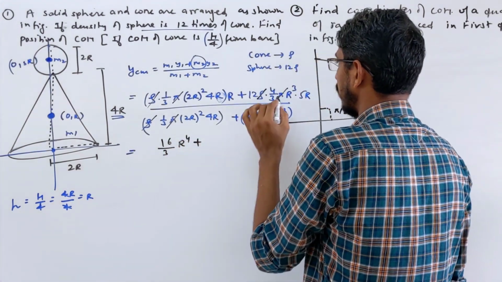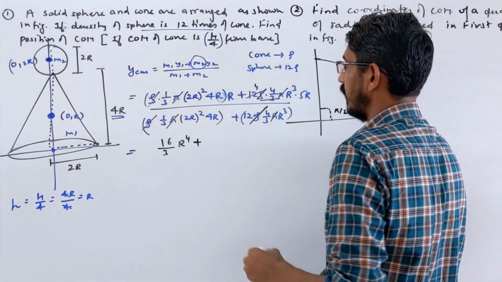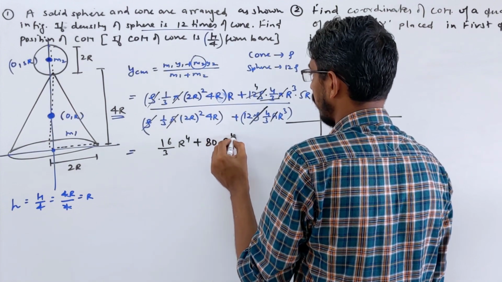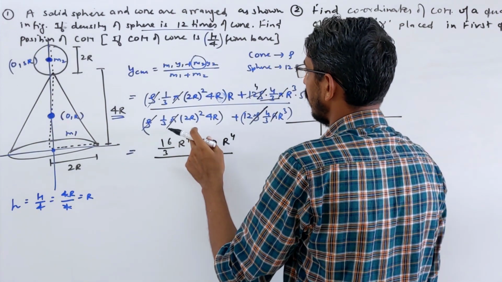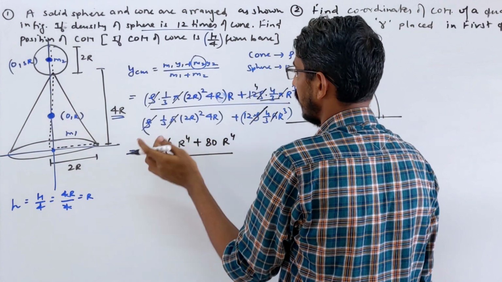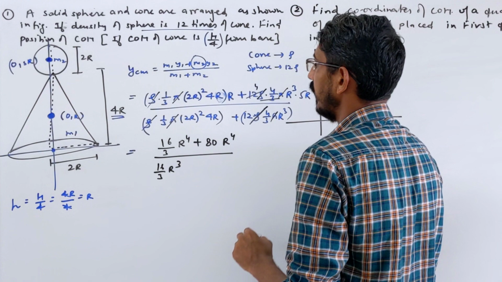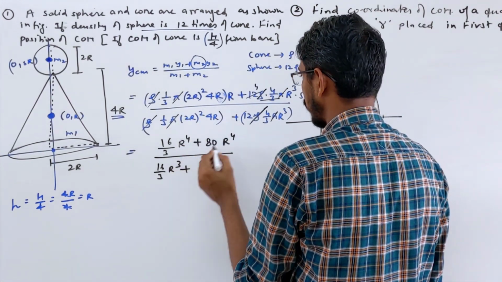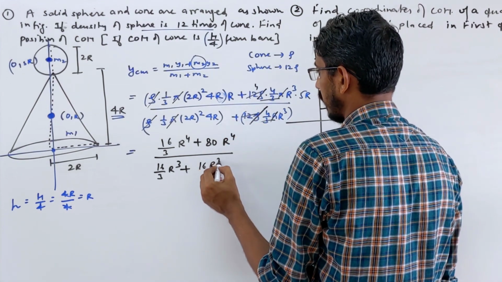Okay, what is coming here? 3 goes 4 times, 4, 4, 16. 16 into 5, correct, 80. 80 and r power 4, divided by what we are getting here. Let's check. The same thing you should get, because just r is the additional thing here, so you are getting 16 by 3 of r power 3. Let's check it once more. 4 and 4, 16, and the same we should get here. 12, this goes 3 times, so it becomes 16 and r cube.